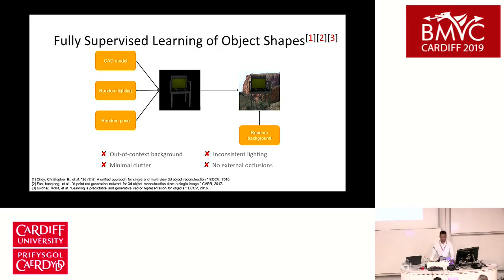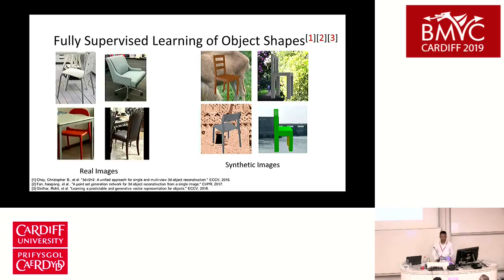As you can already see, the rendered images have several issues. We have objects placed out of context on a random background. We don't have consistent lighting in the rendering for background as well as foreground, have minimum clutter in the rendered instances, and pretty much no external occlusion,